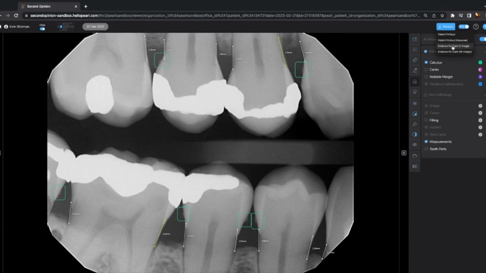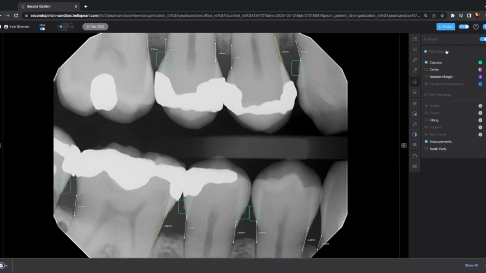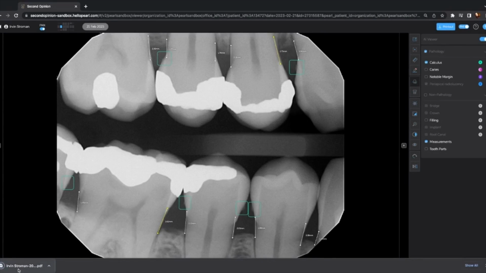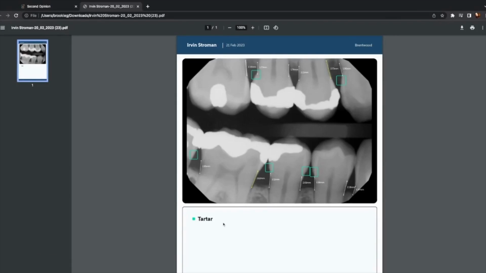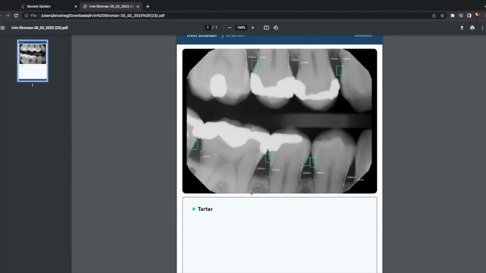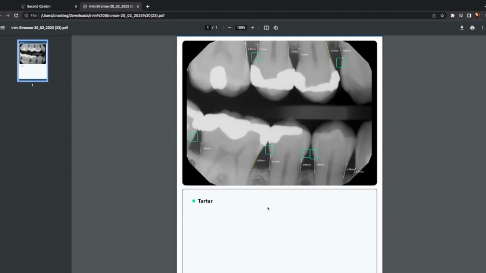To give you an idea of what that will look like, selecting evidence for claim, one image brings my x-ray that I'm currently reviewing into a PDF. The PDF will have the patient's name, the date of the appointment, and those AI findings. So we can see the bone height and calculus here. We also left the area down below. You can use this for adding any notes. Once you've downloaded the PDF, you can use a PDF editor.